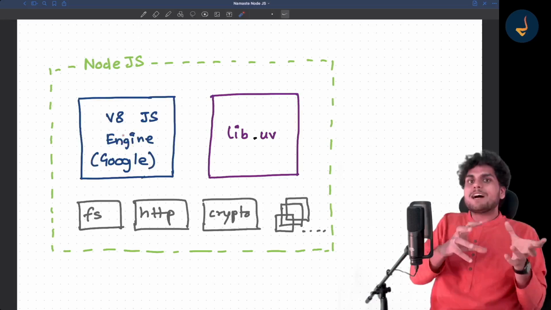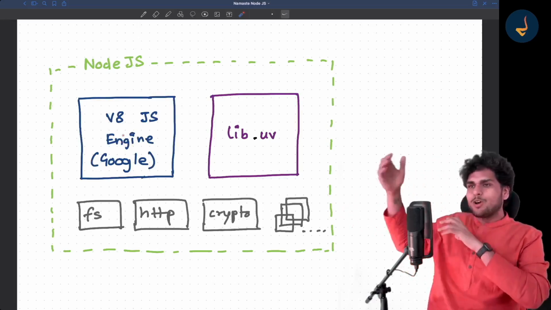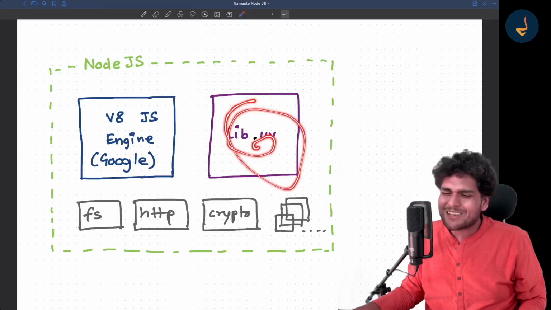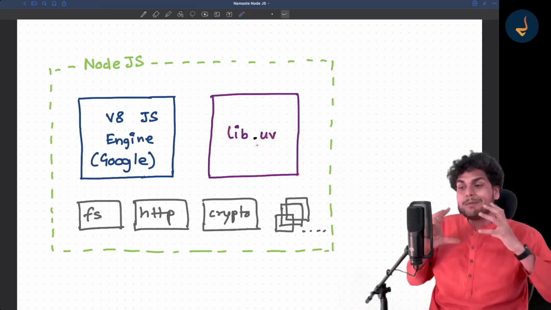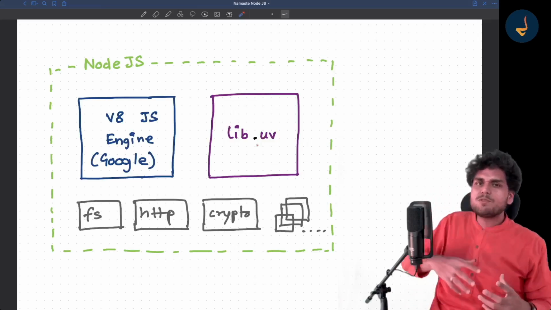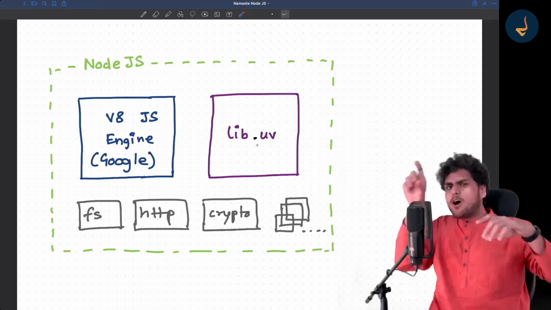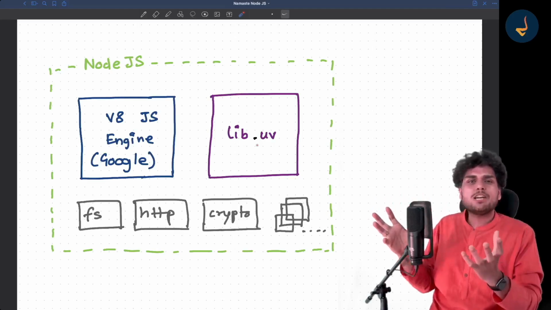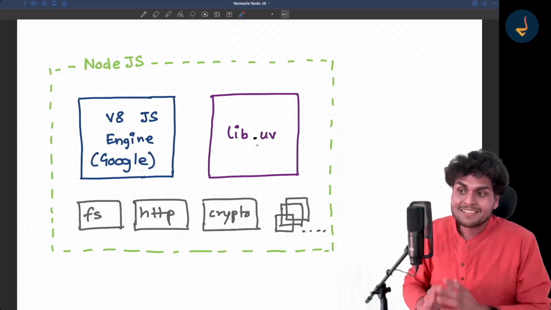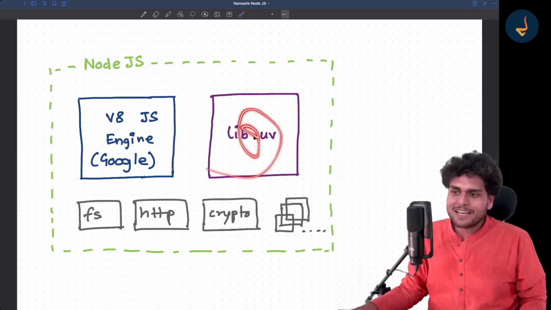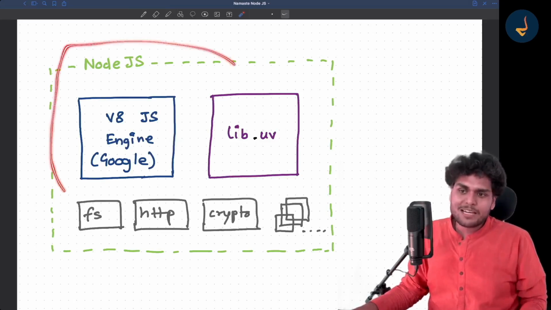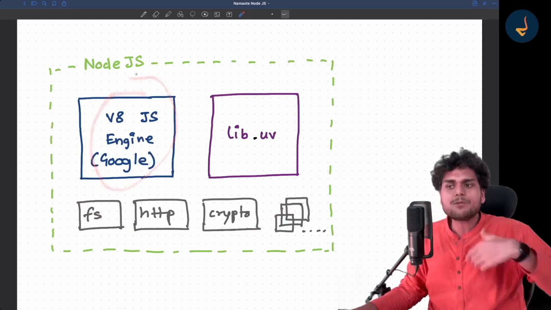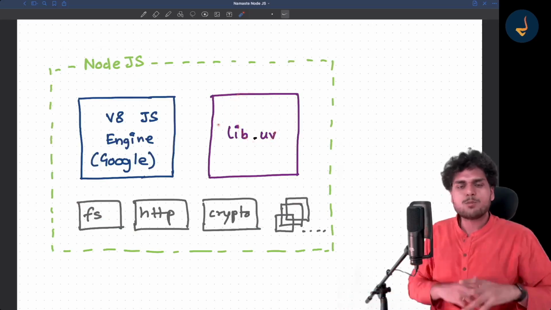In the next episode or in the next few episodes, I will be diving deep into the libUV library also. It is also very, very amazing. In the libUV library, you will find event loops, a lot of queues, how everything is working behind the scenes, how network calls are being processed, how non-blocking IO works. Everything will be covered in the libUV video. I am super excited to make it. I have explained the overall high-level architecture of Node.js in previous episodes. In this episode, I covered V8. In future episodes, I will cover libUV and a lot more amazing things.